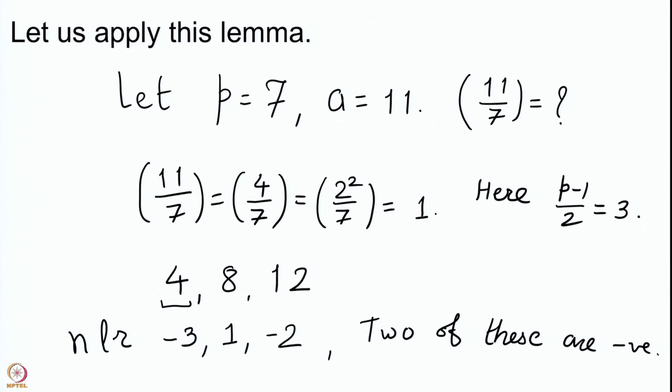So, when we want to compute 11 by 7 or 4 by 7, we will be taking minus 1 squared, which gives you 1. You can also do this computation for some other a, because we know that modulo 7, 1 is a square being the square of 1, 4 is a square being the square of 2, and 9, which is the same as 2, is the square of 3. So, 1, 2 and 4 are the 3 squares. Then you may compute the Legendre symbol of 3 or 5 or minus 1 and see what we get here.